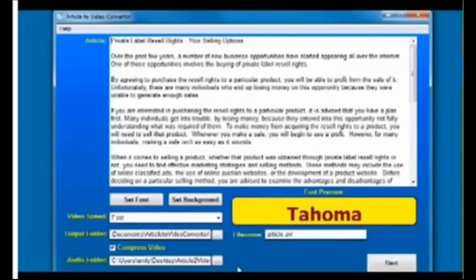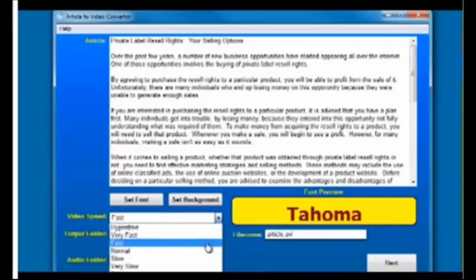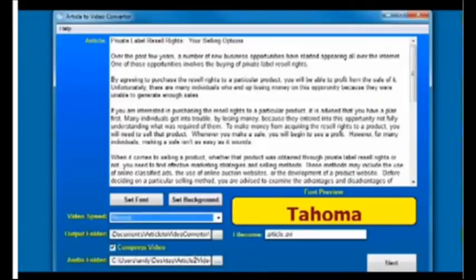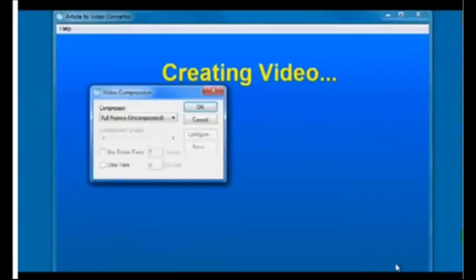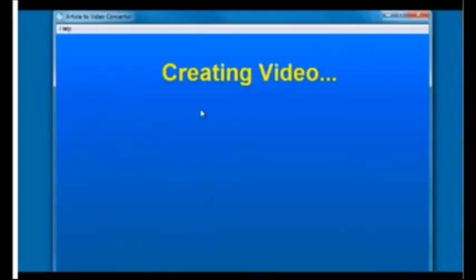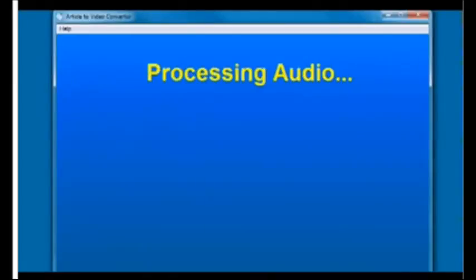If I didn't like the audio that it had picked, then let's just set this to normal. I'm not going to change anything else. It will, each time I click next and it generates this, it will recreate it using a different audio file, because it's picking one at random from the folder. If I show you the folder that I'm using,